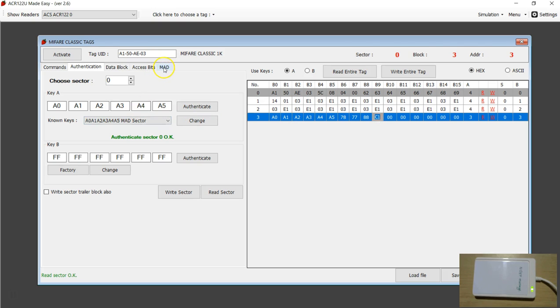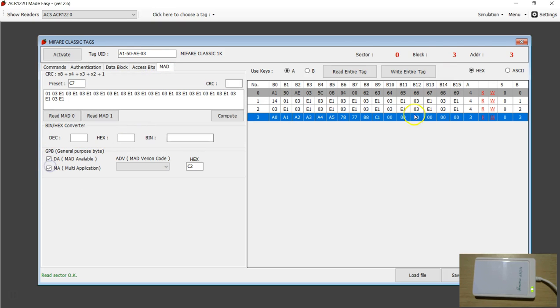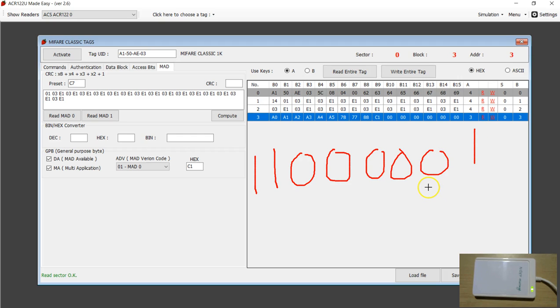So here we have made some small change in the software. So this is what C1 means. If you decode this into binary, you'll end up getting all these values ticked. C is 1 0 0 0, and 1 is 0 0 0 1. Now the documentation says the last 2 bits tell you what type of format. It's set to MAD0,